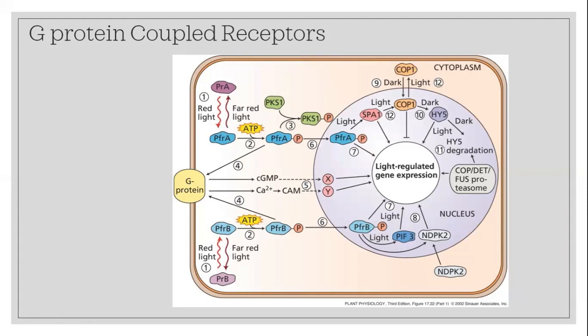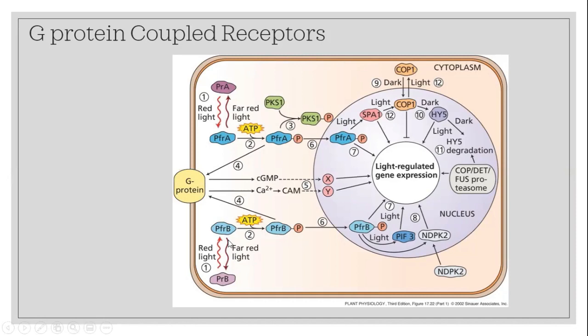cyclic nucleotide formation. Now, in the case of animals, there is adenylate cyclase, which produces cyclic AMP. In the case of plants, whenever G protein is present, there is guanylate cyclase. This guanylate cyclase produces cyclic GMP. You can see here there is cyclic GMP produced. This cyclic GMP acts as a secondary messenger, and that can lead to a light related gene response. So this is an example of G protein present in plants, where these phytochromes